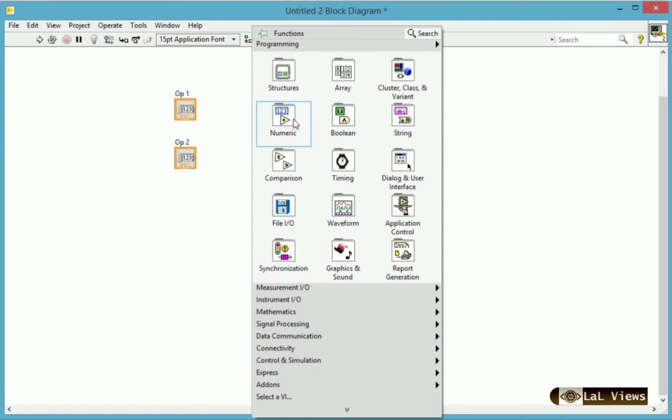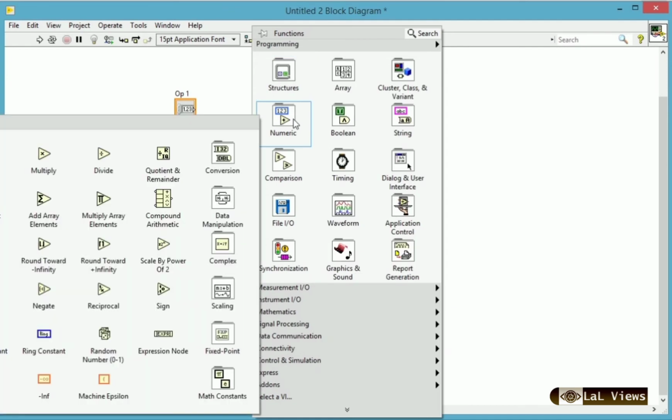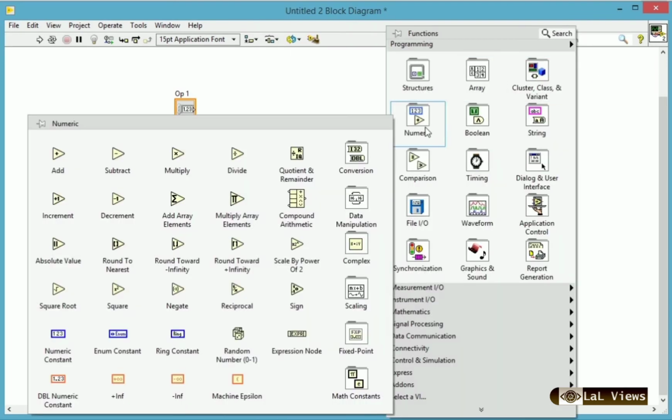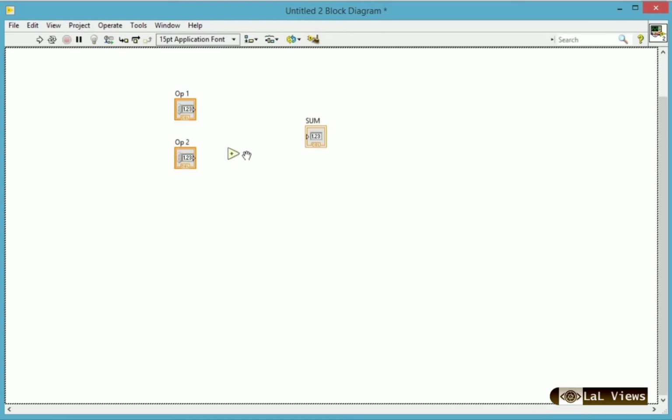This option is needed now, and in this option we have to select the addition operation. So just click on the add option and place it here.